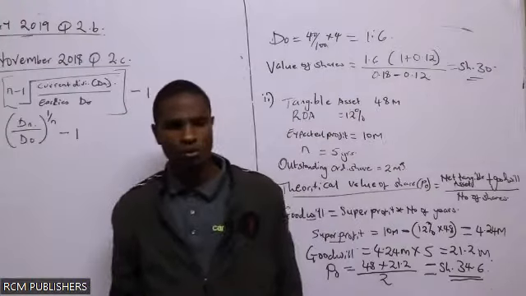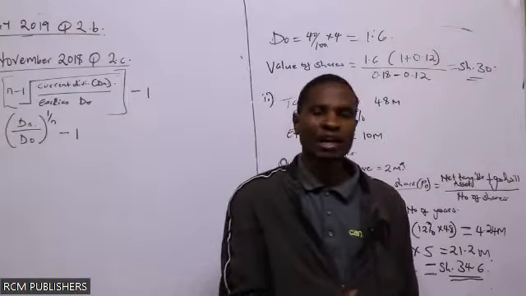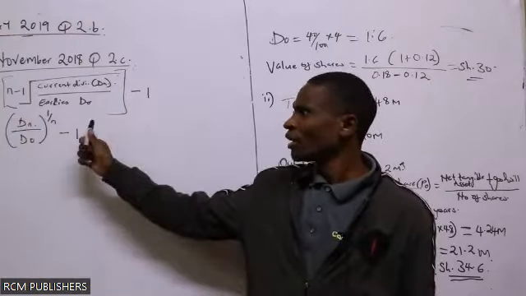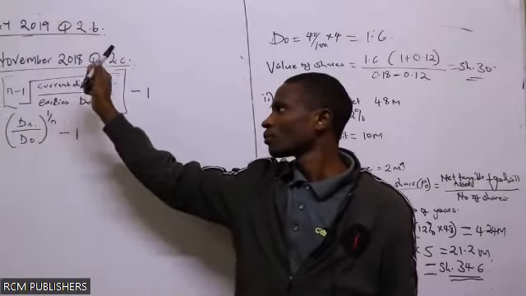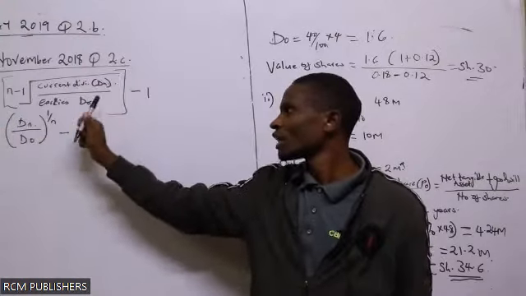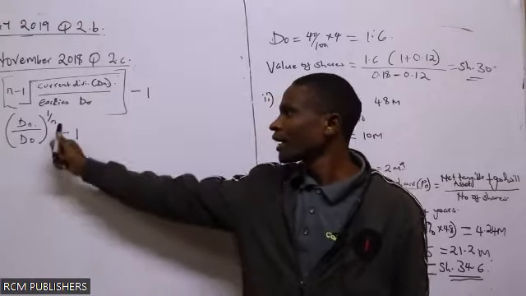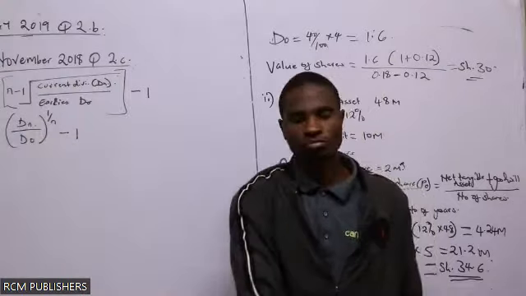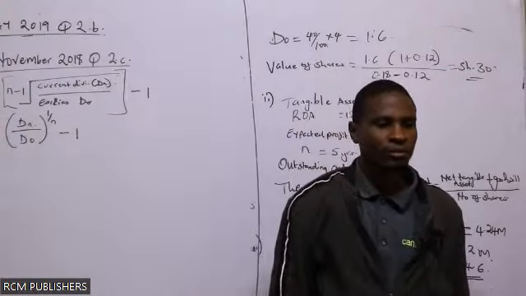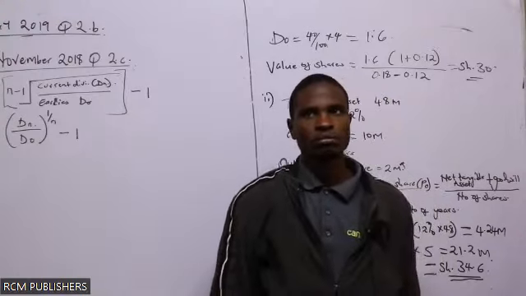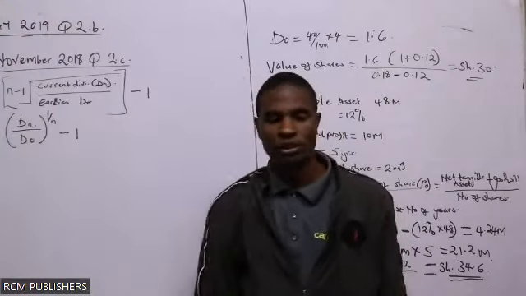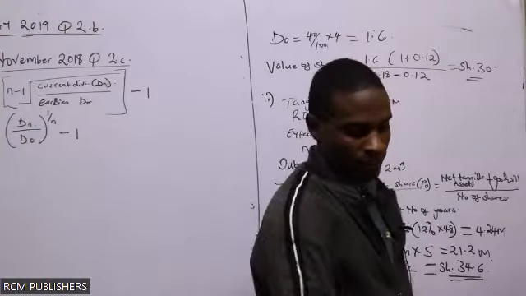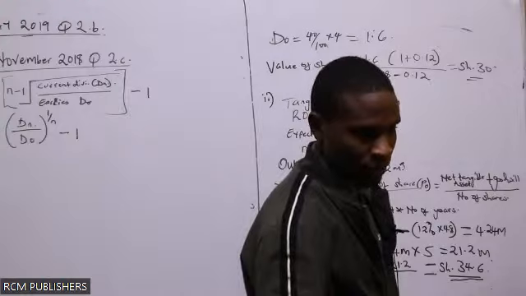It's always good to have multiple formulas, so that anytime the examiner twists the question in any way, you'll be able to handle it. Confirm whether the results you get from the two formulas are the same. Here n is the years, which has not been given according to that formula. So attempt that question from November 2020, question number 2C, in about 5 minutes, and then we see whether we can